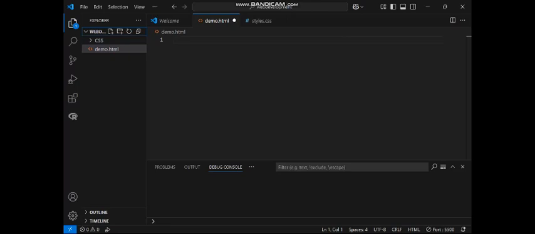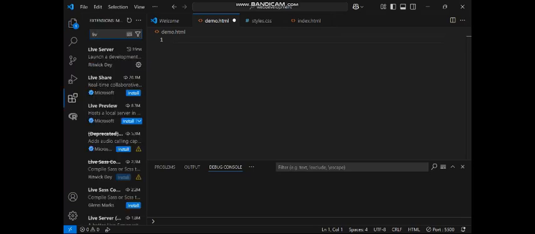I've created another folder called CSS, and under that I've saved a styles.css file. And for web development, I've created one file called demo.html, or we can create one more file called index.html, which is the default. For now, we can create demo.html by right clicking inside the folder and selecting new file. The important part now is, before we start coding, we need to install two important extensions